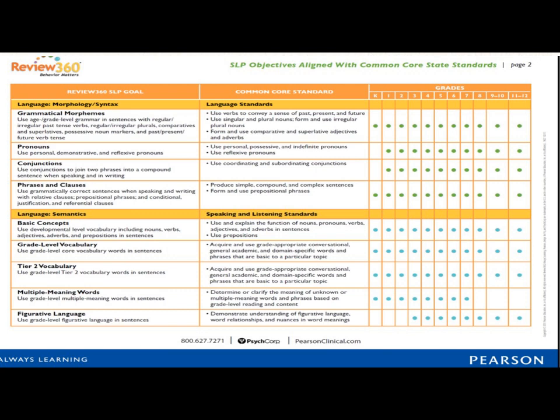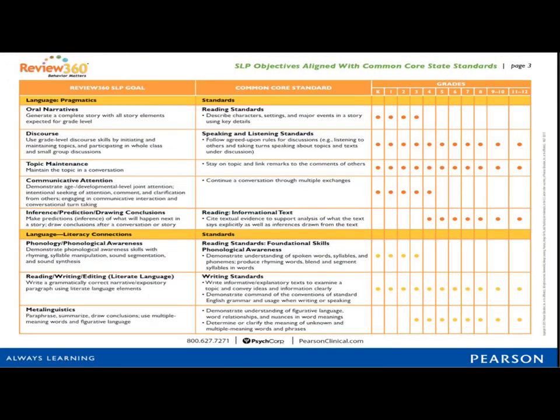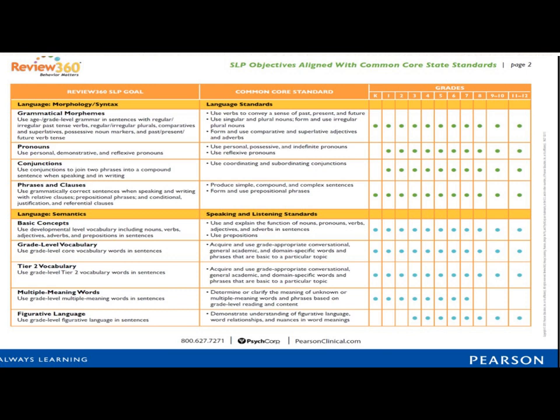Note that in the area of phrases and clauses, students in kindergarten through 12th grade are expected to produce simple, compound, complex sentences. Actually, complex sentences comes in at 3rd grade, I believe, and form and use prepositional phrases. So the ability to use simple sentences that have noun, verb, and are complete sentences is expected of 5-year-olds at